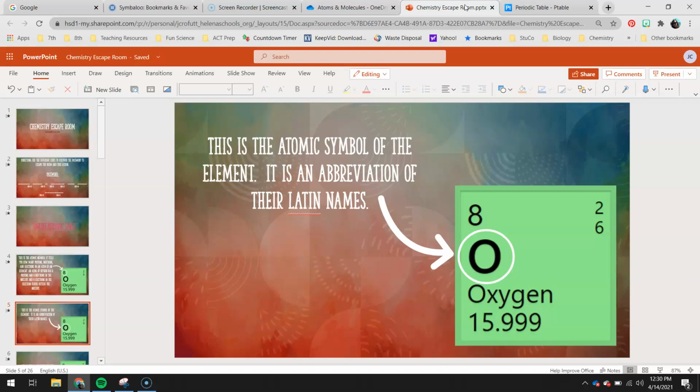Long before we had a lot of English ties to this, science was based a lot on Latin. And so the symbol W comes from the word wolfram, which is what we originally called that element, okay? And if you meet anybody who's from Europe or any of those areas, they'll still actually call tungsten wolfram. They don't actually call it tungsten, so it's kind of our own little Americanized version of the